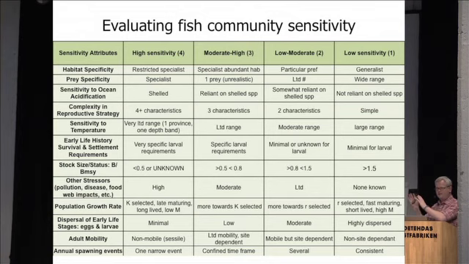Now we're going to talk about sensitivity factors. And just like this morning, there's basically two parts to the vulnerability score. There's the climate or exposure factors, and then there's the sensitivity factors that deal with the biological parameters of a species. And so this uses some of the same attributes that I talked about this morning. This is a general scoring system that they have. I'll just go over this real quick. We're looking for sensitivity attributes. We're looking at things like habitat specificity, sensitivity to temperature, if you know it, their stock size, population growth rates, things like that.